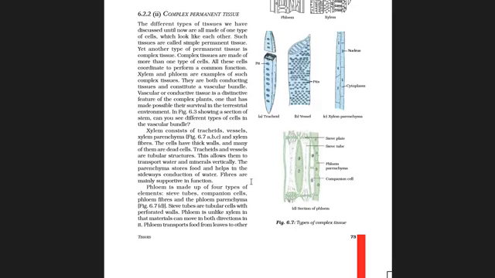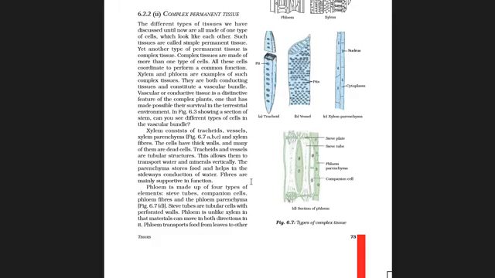So the cells have thick walls and many of them are dead cells. What is the speciality they have told here now? That the cells have thick walls and many of them are dead cells. We all know if the cells are dead, the walls become more and more thick. Tracheids and vessels are tubular structures. These allow them to transport water and minerals vertically.